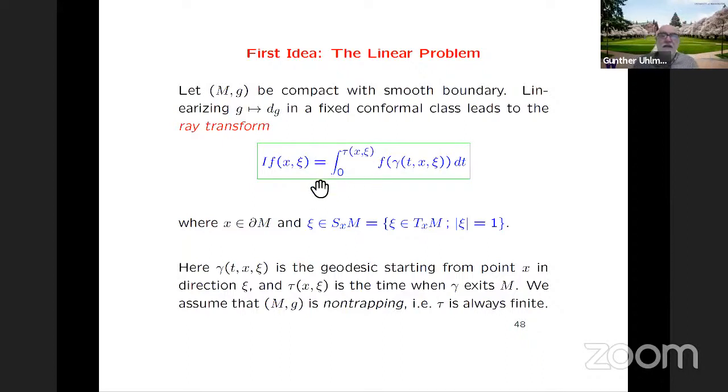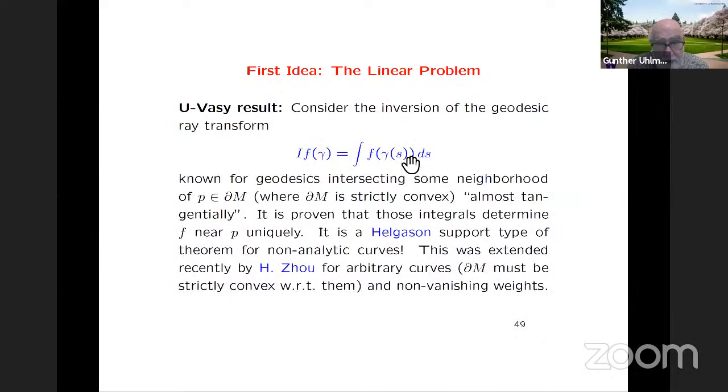So if you get an idea how to do the linearized problem, this is a non-linear problem, right? The distance function depends non-linearly on the metric G. So I'm just looking at a linearized problem in the conformal class. It gives an idea of... Venki worked on this problem, right, Venki? Okay, yes. So we proved this for geodesics,